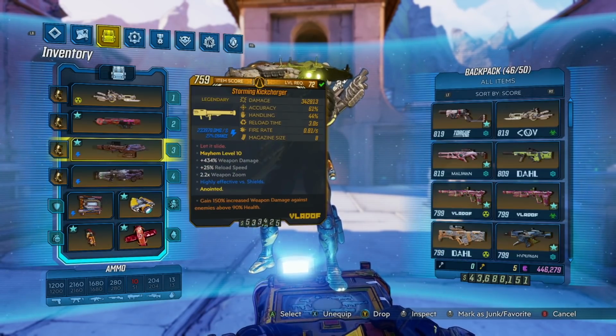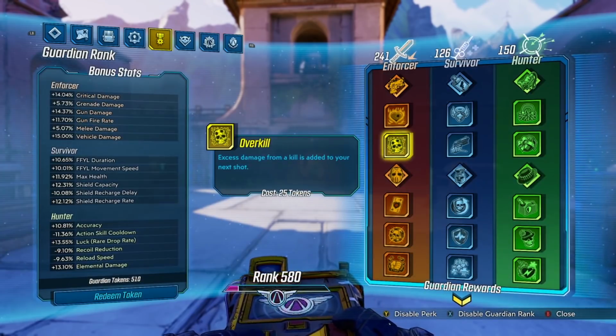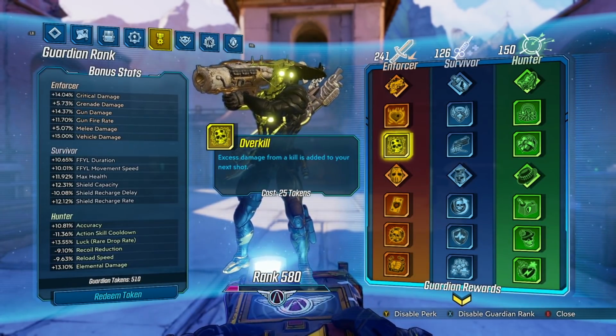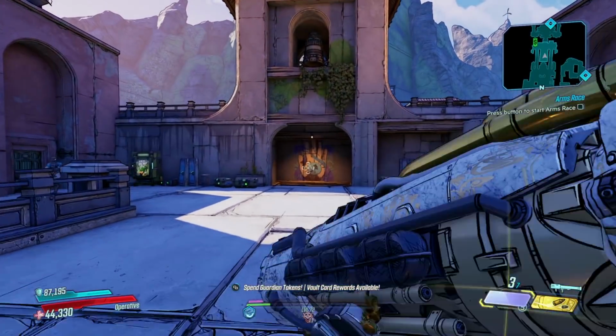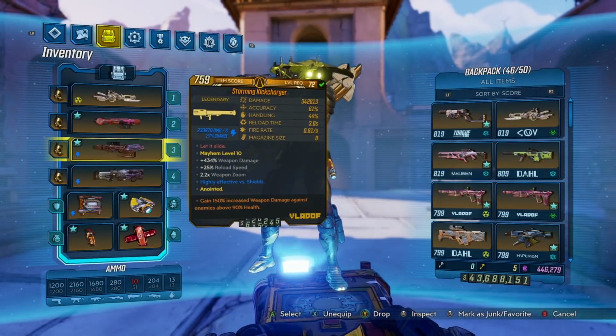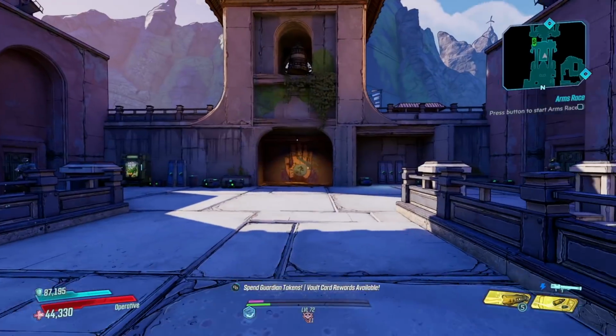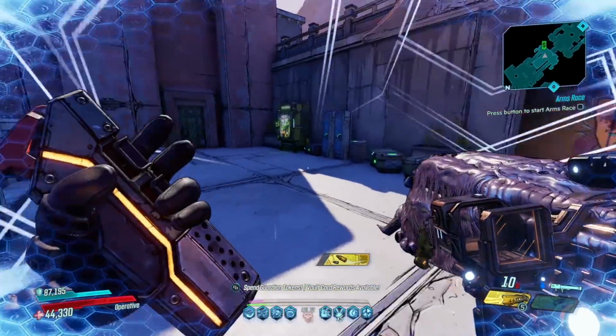Now, this is the first kill that we're actually going to need to generate overkill for. So I want to explain that mechanic because it's super important to understand for one-shotting. For overkill, this Guardian rank, excess damage from a kill is added to your next shot. That's going to give us 5 times our base card damage. So we have a Kick Charger. It's got 342k, right? So I'm going to want to overkill an enemy so I can get my full damage